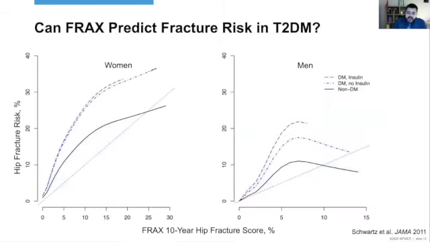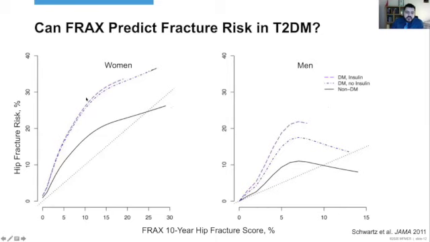What about FRAX? Can we estimate the risk of fracture using FRAX if this is different than the general population? It turns out that no, FRAX does not estimate the risk of fracture in type 2 diabetes as well as it does in other populations or the general population. Again, going back to the study that looked at the MrOS, SOF, and Health ABC cohorts, FRAX did not even predict the hip fracture of the general group, and that's probably because that cohort is a specialized osteoporosis cohort.